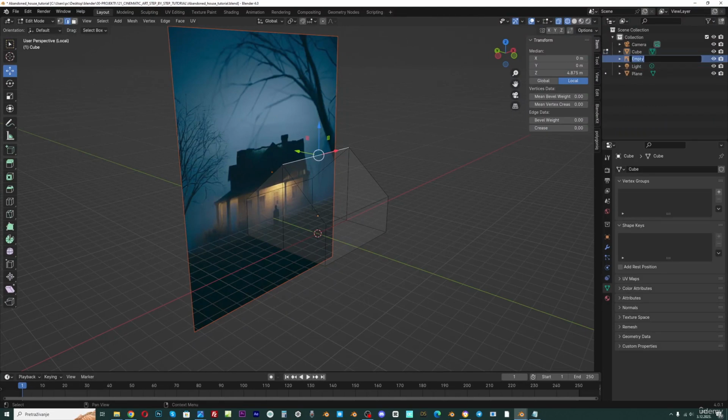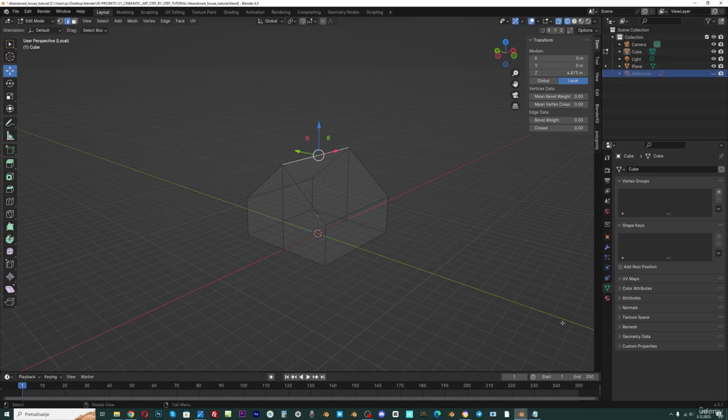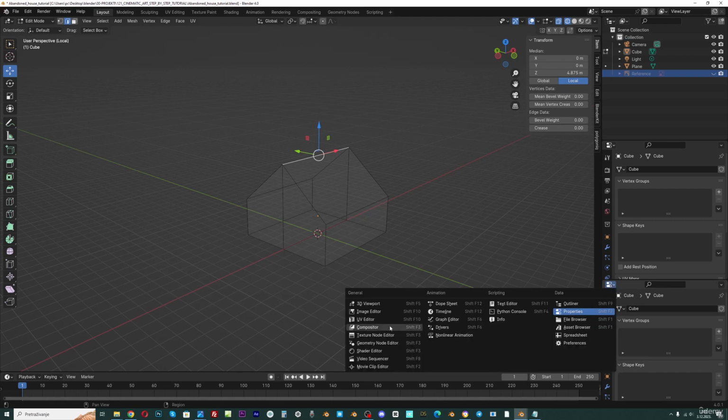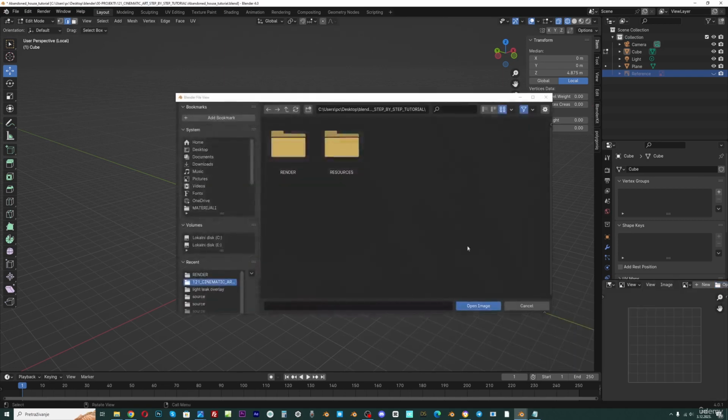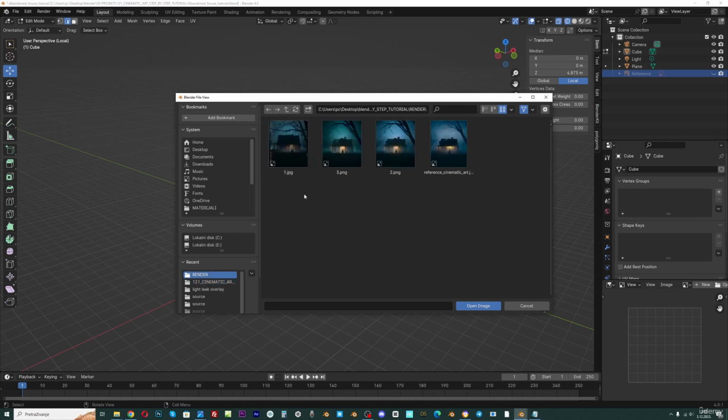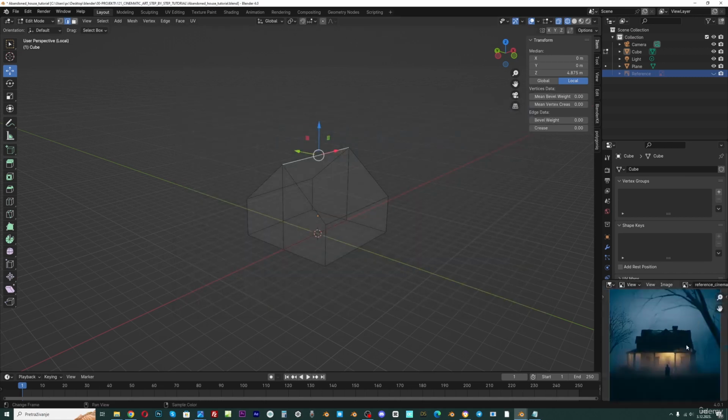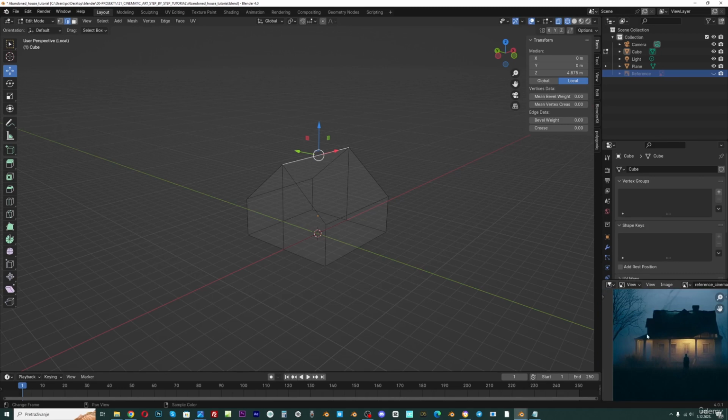And I will just select this image. I will click 2 times here and I will rename this to reference, but we can see that this is the reference image, and I think I will disable this for now because I will import the reference image here. So I will go with right click here, horizontal split, and I will open here the image editor, and now I will open this reference image here,